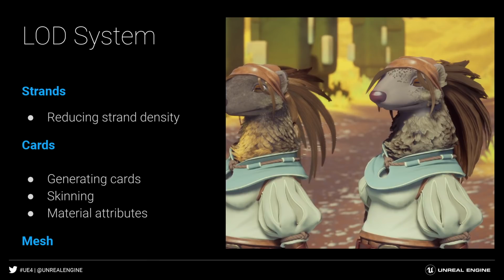And finally, the scalability system will allow us to keep our performance at a desirable level. The level of detail system will auto-generate different strand representations with different qualities. So it will grab your Alembic file data and will modify it depending on the distance, reducing the amount of curves, and when we are far away and we don't want to be rendering strands, for example, because it's quite expensive, the system can switch to a mesh cards representation of our hair. And if we get farther away, we can even swap to a solid mesh representation, kind of a helmet representation for our hair.